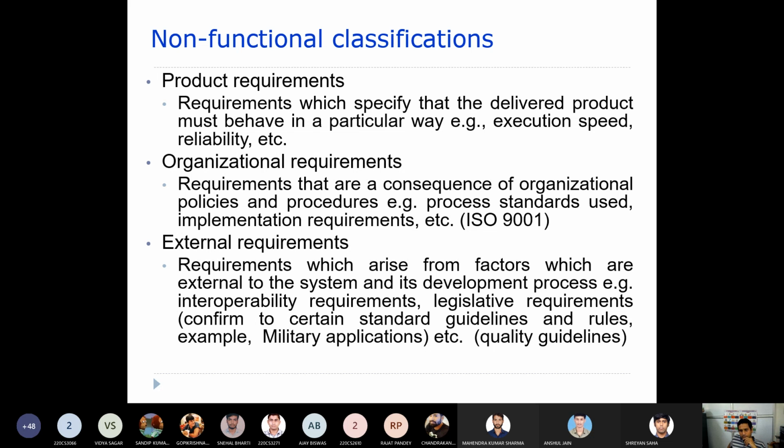Let's say you are going to develop a hardware which can transmit data wirelessly to a distant location, maybe to a receiver. When you are using a wireless medium, you will be using a frequency or a spectrum.